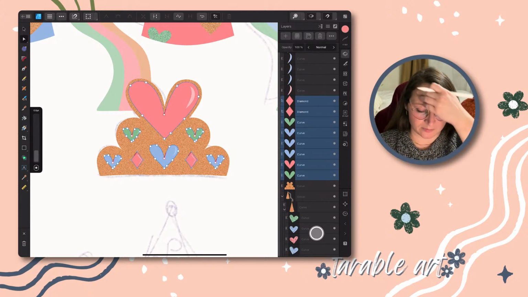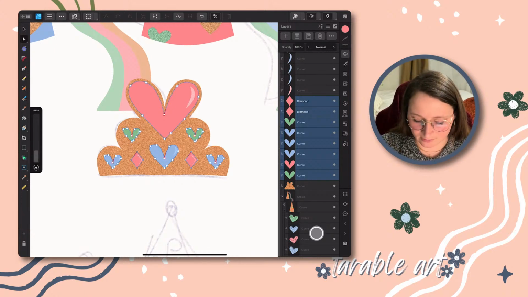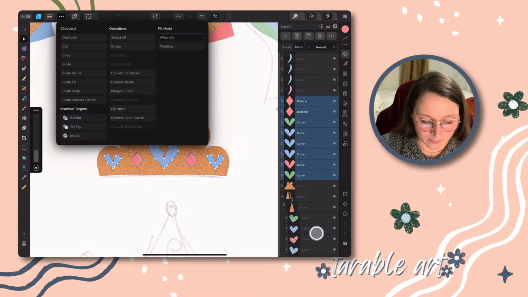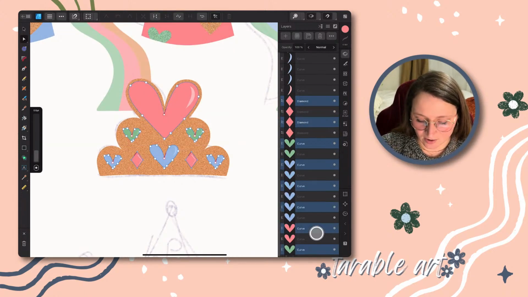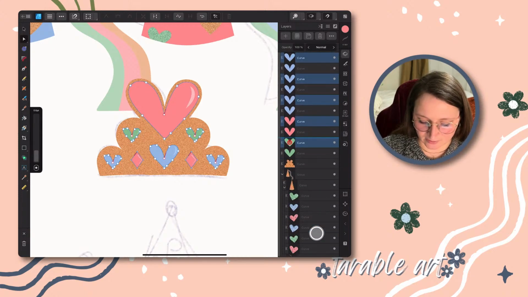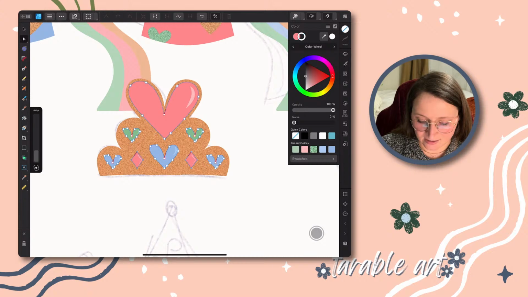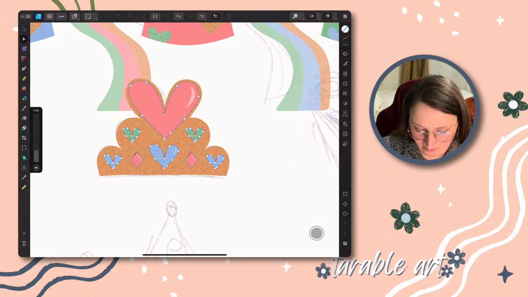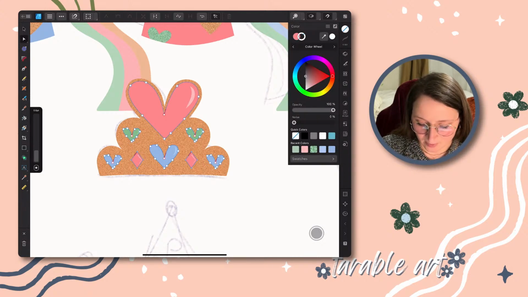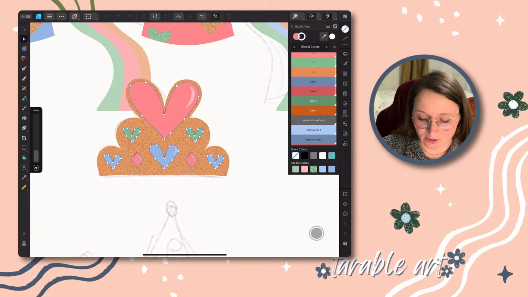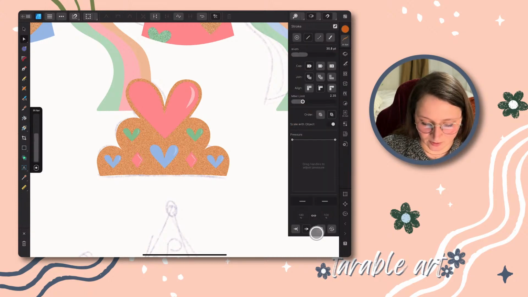I could group each of them together, but it's not fully necessary. What I am gonna do is duplicate all of these, and I'm gonna drag them all underneath. And then I'm going to add a stroke color to them. And it's gonna be a dark version of the orange. And we're going to just add some stroke width